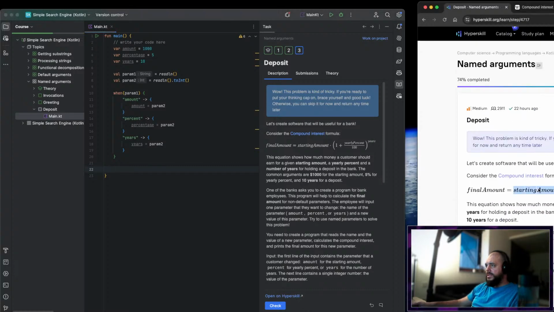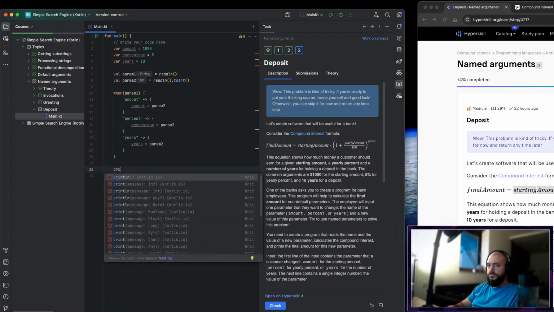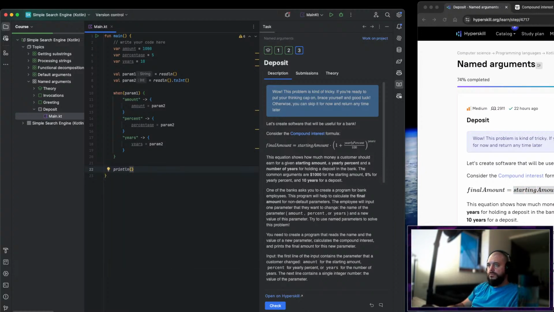So the starting amount, so which is the amount, for, and then here is 1 plus